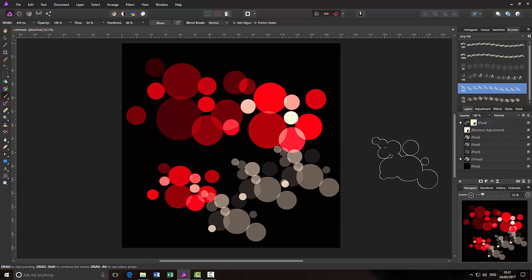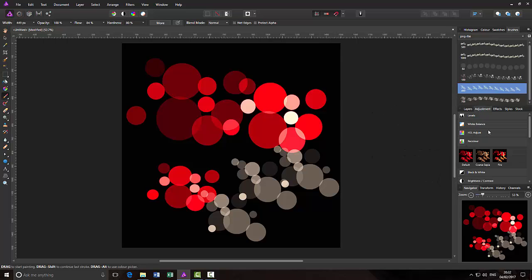Well, as you can see, I'm still learning how to use this, but you can recolor the brush tips using the adjustment recolor. Sorry, I've not completely worked out how to do it properly,